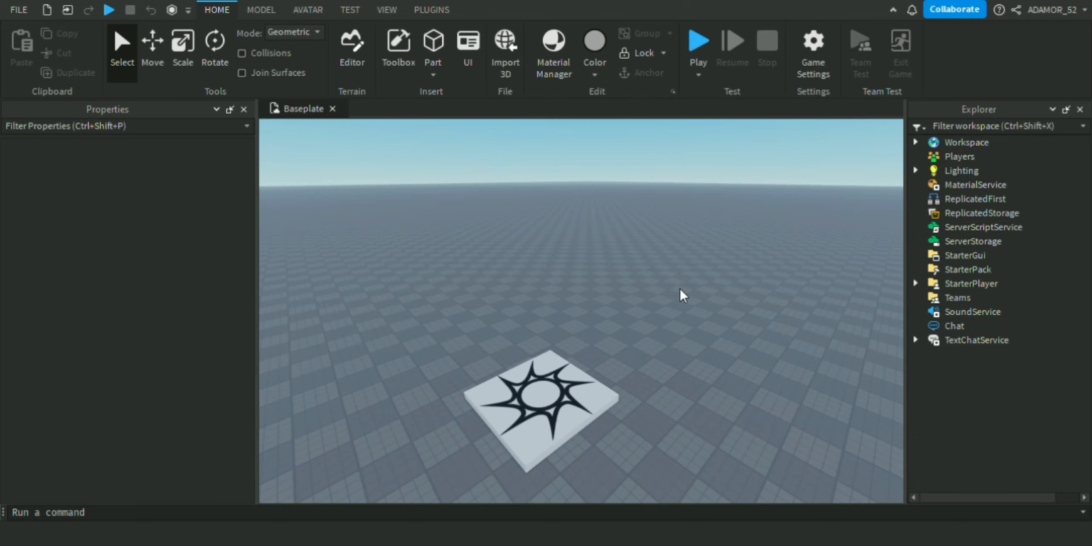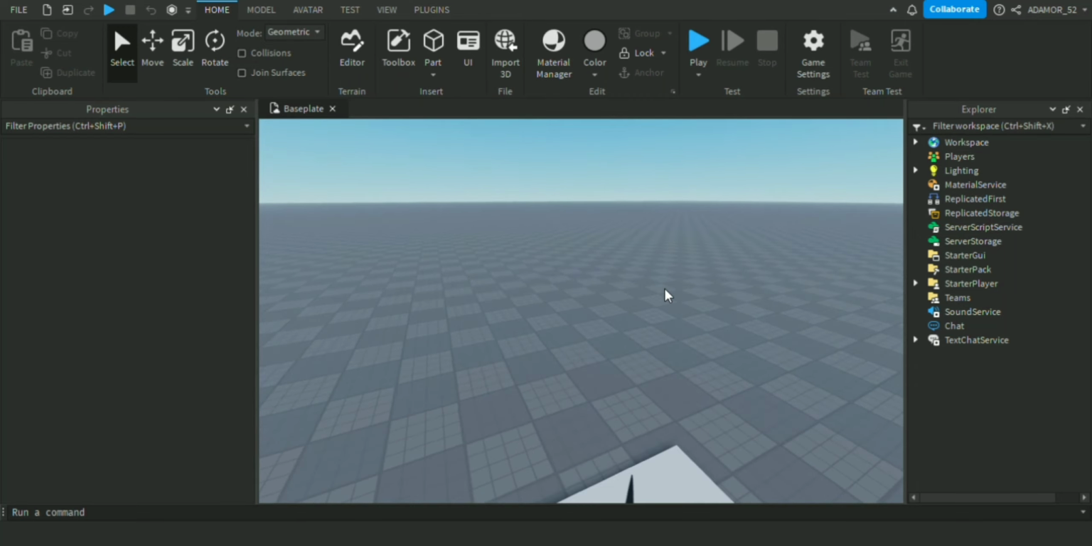So in this video I will show you how to make UI, and in the UI you will be able